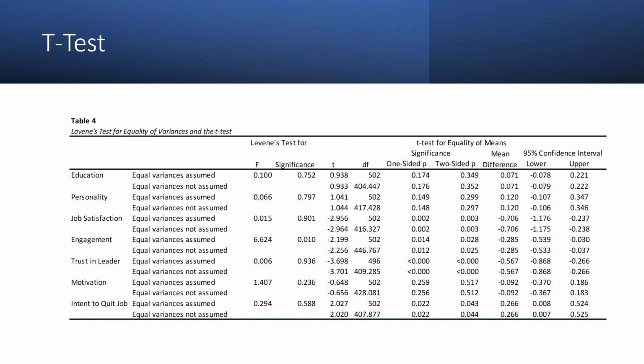Data for a t-test needs to be continuous or ordinal scale. For our study, the independent variable is gender, and the dependent variable candidates for the independent sample t-test are education, personality, job satisfaction, engagement, motivation, and intent to quit. The first step is to use Levene's test for equality of variance, Levene's, to determine if any of the dependent